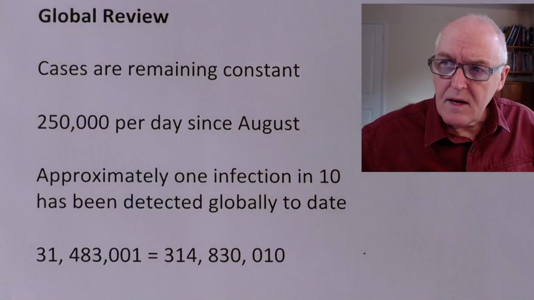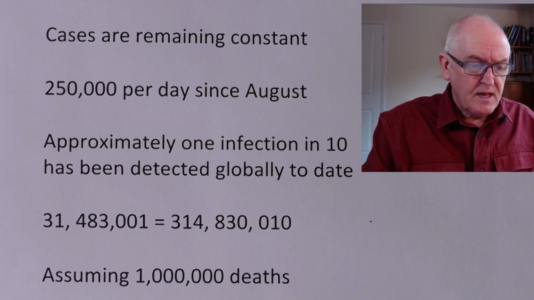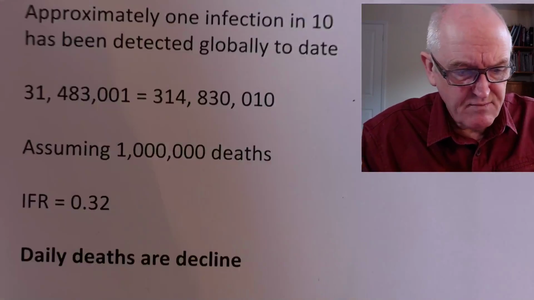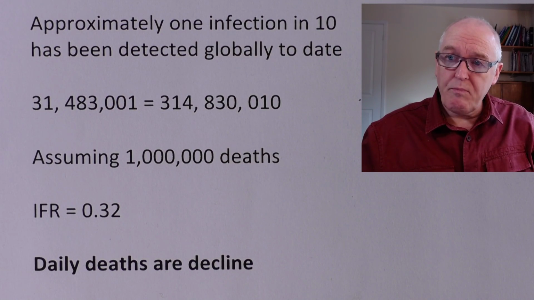And even in the UK, the testing was picking up about 1 case in 50 at the start. It's picking up a lot more now. It's probably picking up 50% of cases now. But at the start, it was picking up hardly any of the cases at all. So they've kind of taken an overview of all that, and this is kind of what they've worked out. So it's quite clever, really. So there's probably been about 315 million cases so far. Now, if we assume there's 1 million deaths, which is, again, probably a bit of an underestimate, that will give an infection fatality rate of 0.32%.